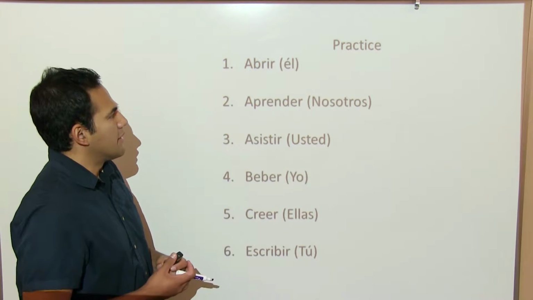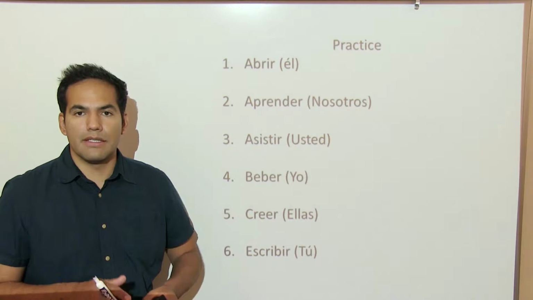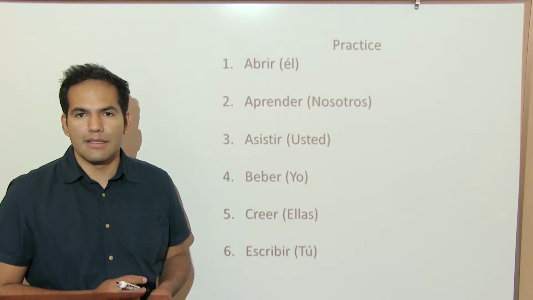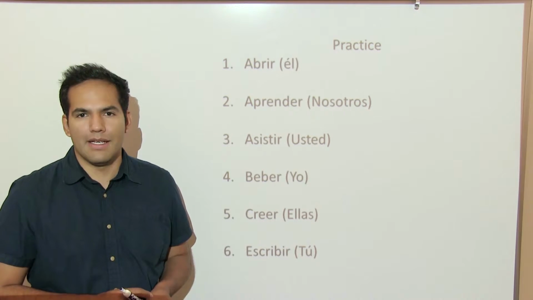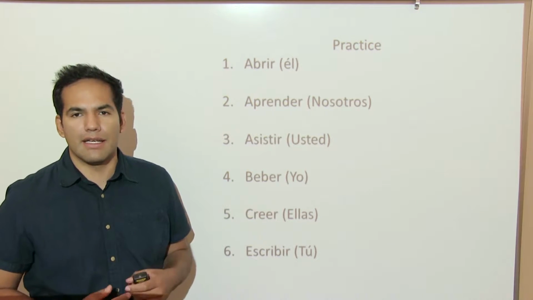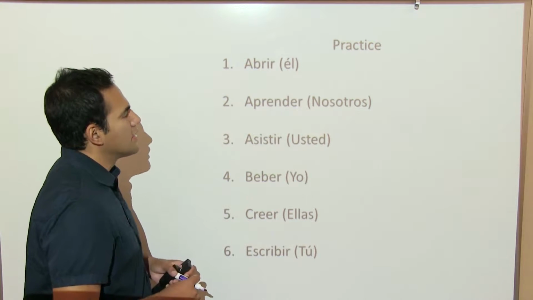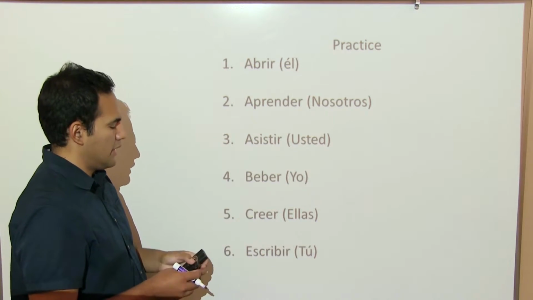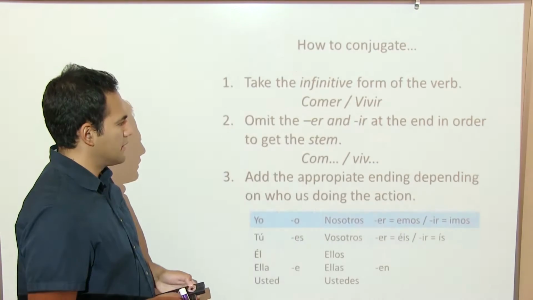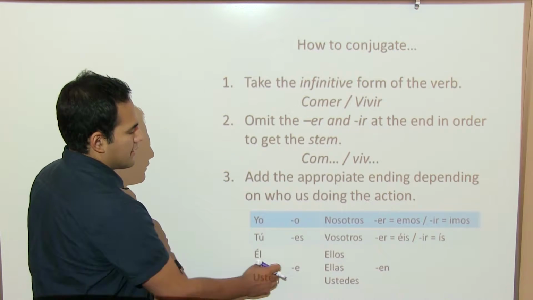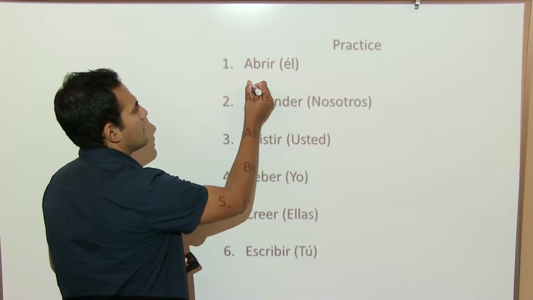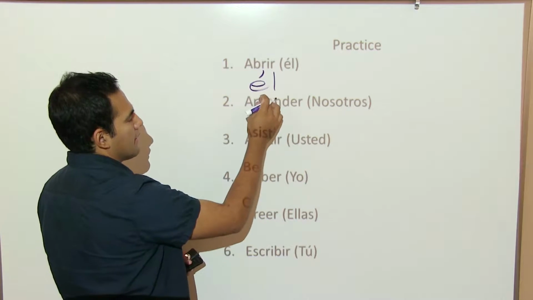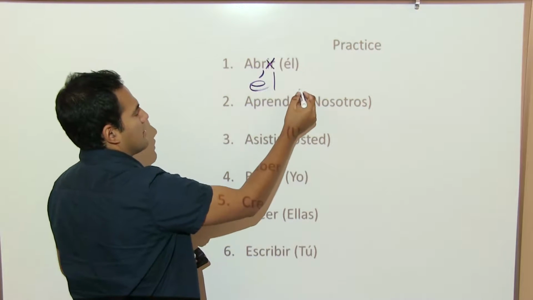So the first verb we have here is abrir, and first of all, if you want to pause the video, work on them, and then press play, this is your time to do it. Okay, so now we're going to check and see how to conjugate these verbs. So for the third person masculine, él, we can look back, and for él the ending is going to be E. So remember that the accent is super important in the pronoun él, and then we omit that,